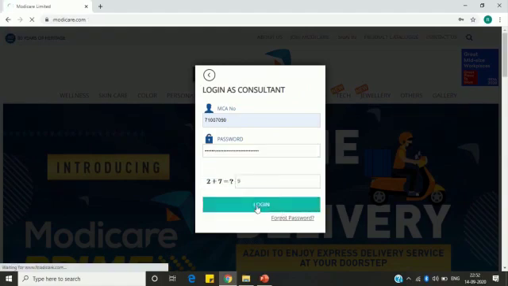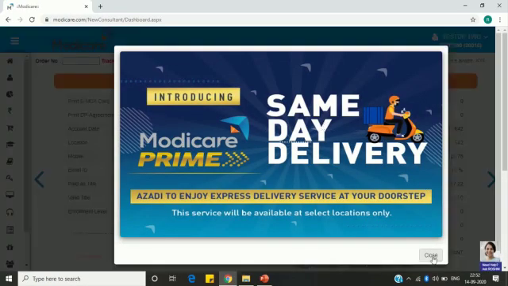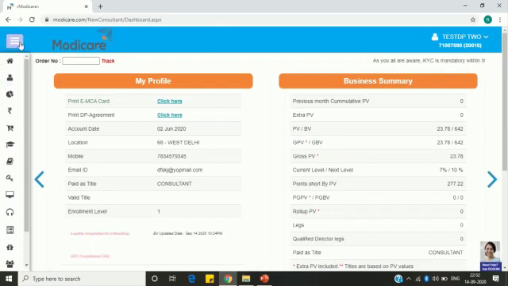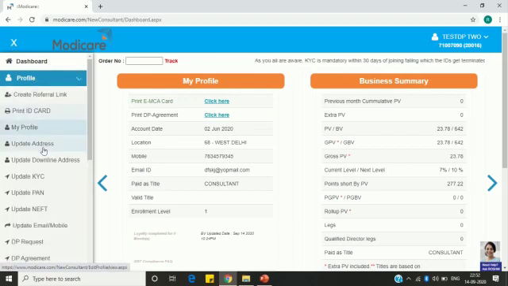Click login. Once you do this, you get this page. Close this, go to this icon, click, go to profile, click and then update PAN.